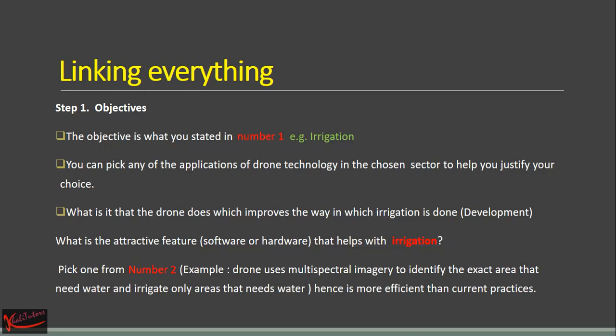I'll give you an example in the next slide. So you need to pick one from number 2. An example: Drone uses multispectral imagery to identify the exact area that needs water and irrigate only areas that need water. Hence, is more efficient than current practices. So you see,